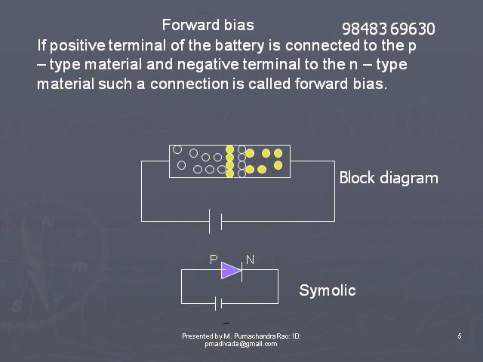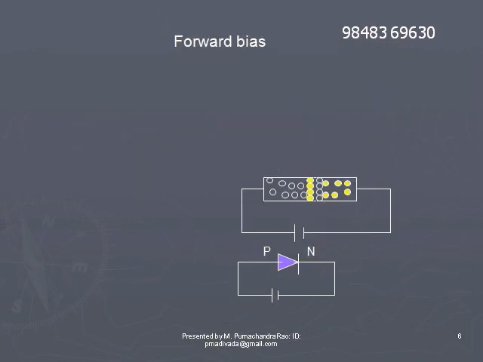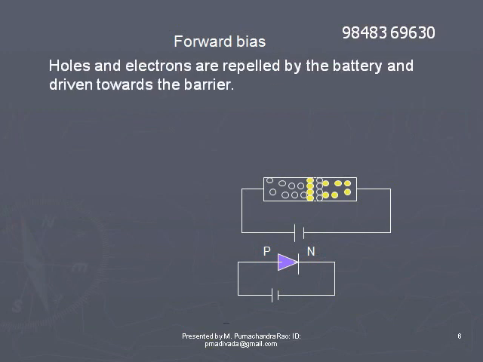Due to forward bias, holes will be repelled by the positive terminal of the battery towards the junction, and electrons will be repelled by the negative terminal of the battery towards the junction. Both holes and electrons will be repelled by the battery towards the junction. Both holes and electrons will be driven towards the barrier,